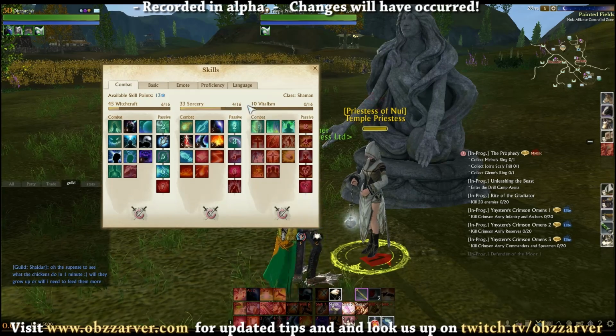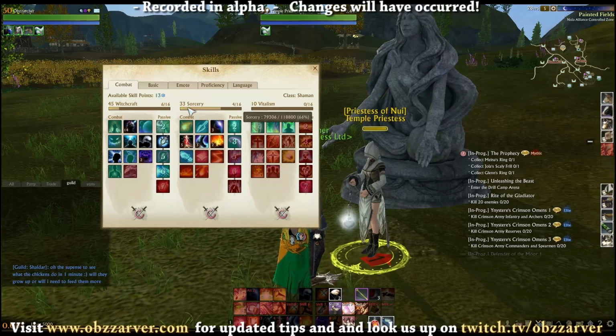Remove one or two that can do damage. Okay? So at that point you say, like, you have sorcery, you have whatever, then you remove everything but sorcery and you keep leveling those up. So sorcery will always be a bit higher than the other ones. When sorcery hits 50, you remove sorcery and you pick up something low, like I did just now with vitalism